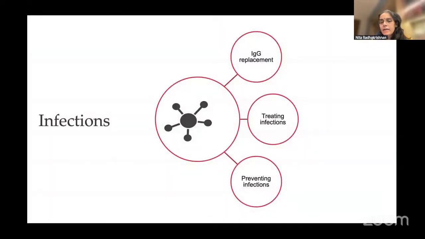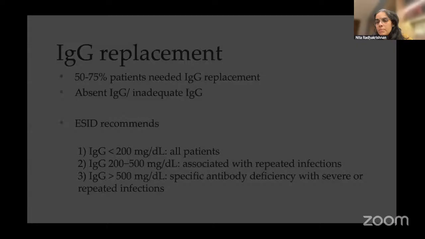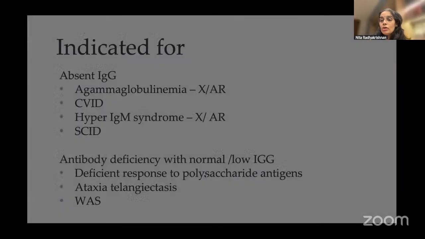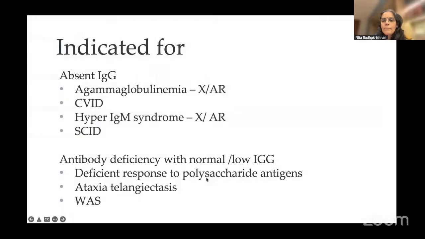And then finally, the replacement, the immune reconstitution, is something which we can offer through transplant as well as through gene therapy. So for the infection part, there are two major parts: preventing infection by either immunoglobulin replacement or by immunization. Pediatricians always ask what all we can immunize, what all we should give as immunization. Some of them should not be given. Again, live viral vaccines are not given in patients who have combined immune deficiencies. So we'll come to that.